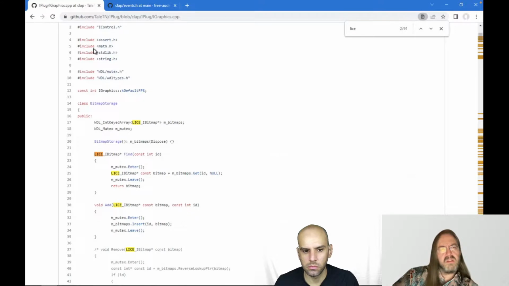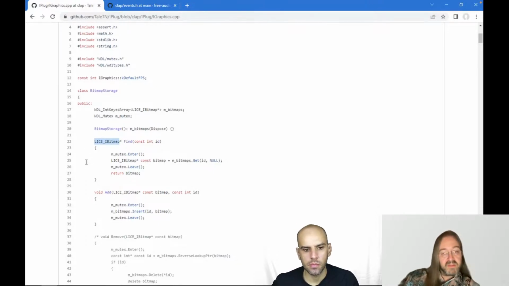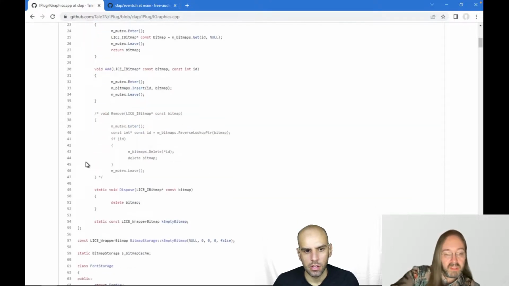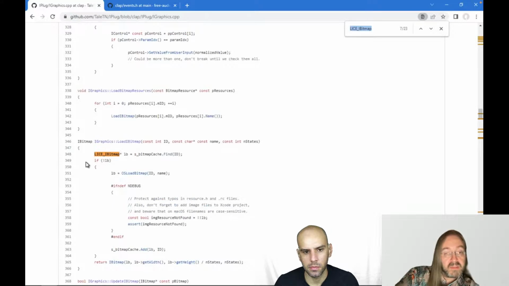And they have to be loaded to some sort of universal memory format, because Windows and macOS have a different way of handling that. That's something that LICE takes care of. Okay. So, for example, you see a LICE bitmap. That's a sort of universal bitmap memory version of the image. But LICE also does things like drawing some simple primitives.